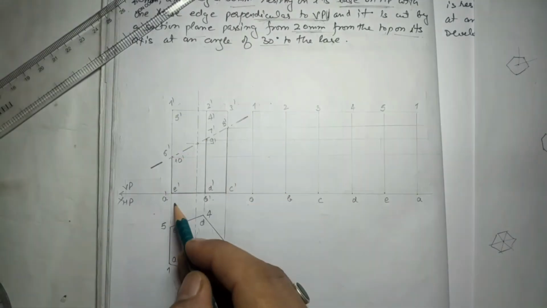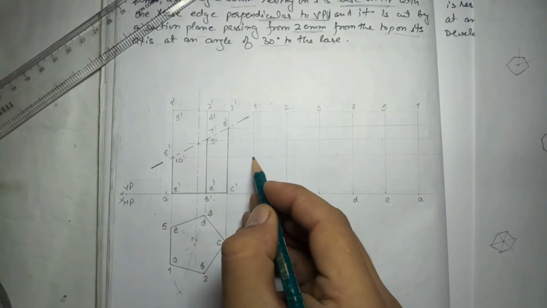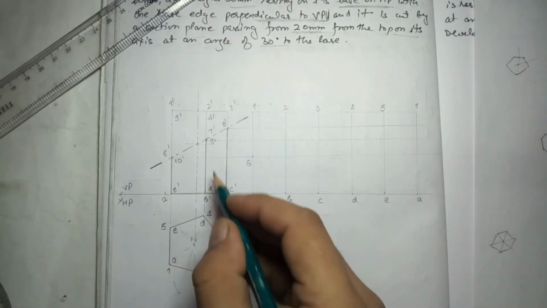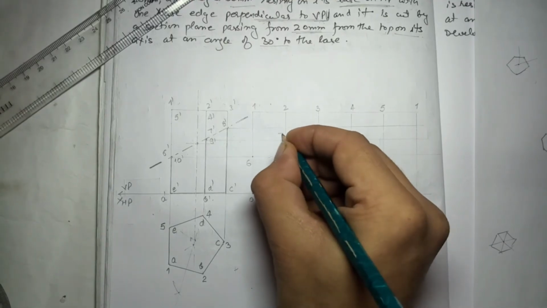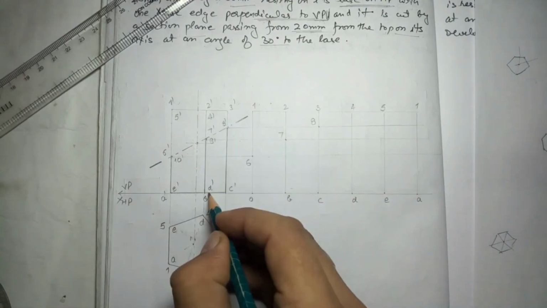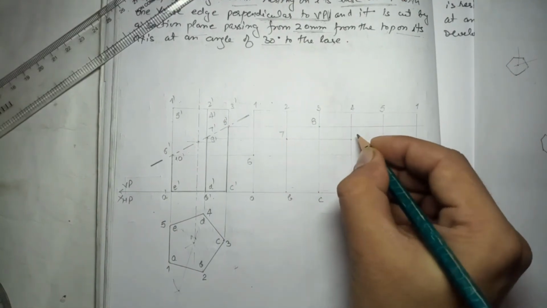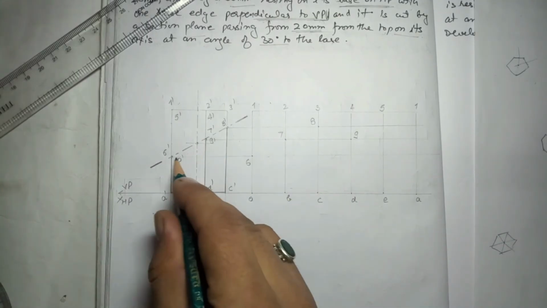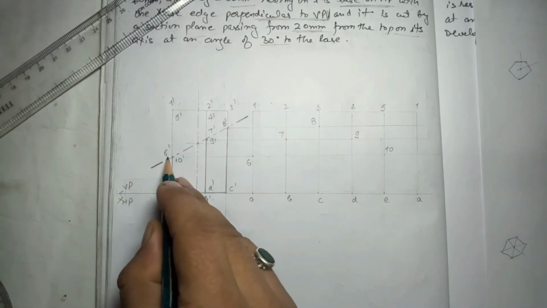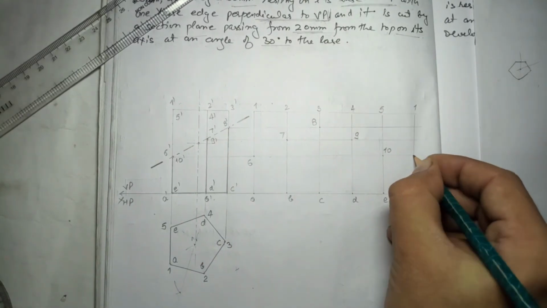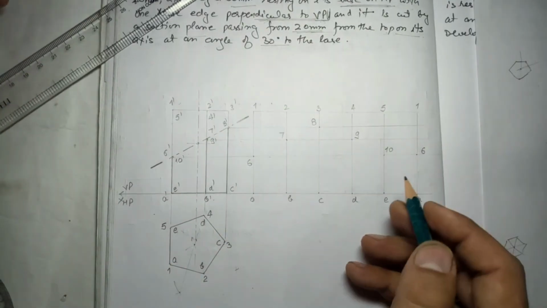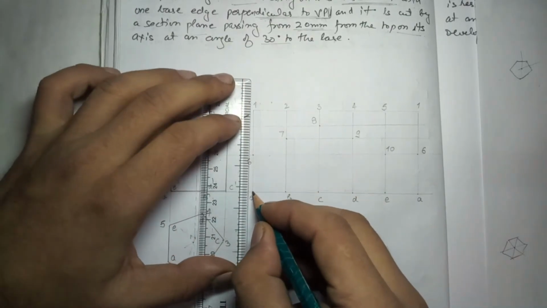I'll tell you 1A 6 point, so follow that 6 projection. 1A point is coming, so this is the 6. 2B 7, so this is the 2B point. 3C 8, so this is the 3C 8 point. 4D 9, so you follow the 4D, this is the 9. 5E 10, follow that, and this is the point 10. After that again 1A is given, so 1A means 6 point, so you follow that, and this is the 6 point. If you do numbering in this way, how I am doing, it will be very easy. You have no need to check the numbering again in the developed area.